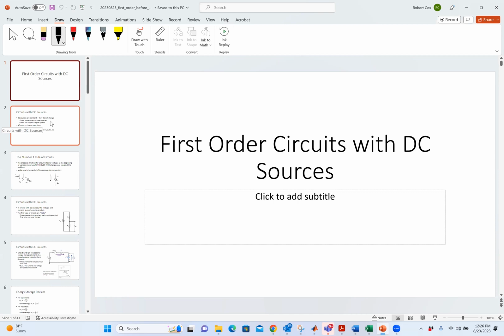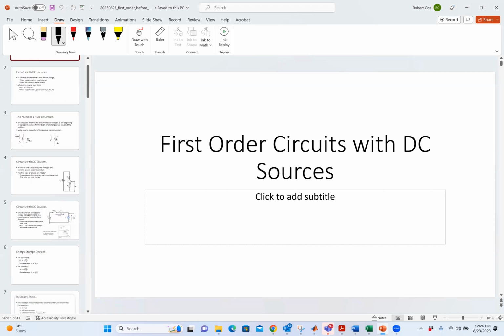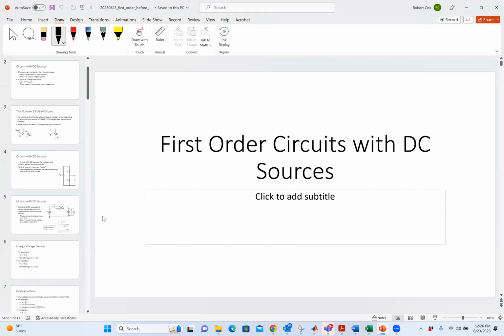So a sine wave source is pretty common. You'd find those at the wall outlet. You'd find those at the antenna on your phone or something like that. Okay. So what we did is we said, okay, well, the circuits that we're going to deal with, the classic